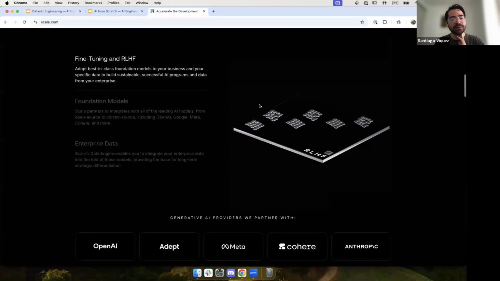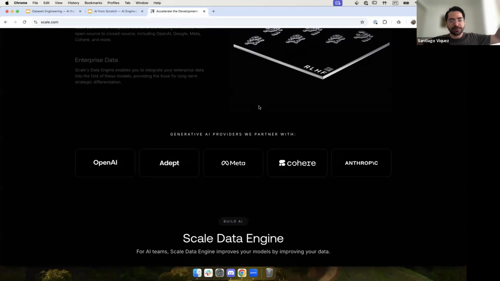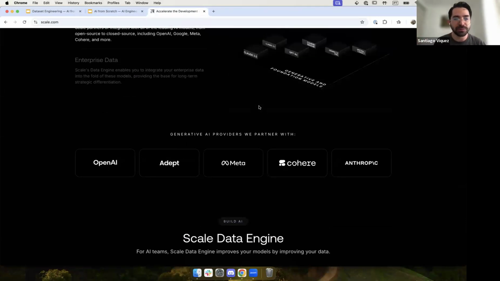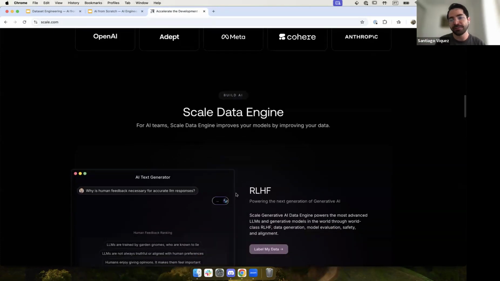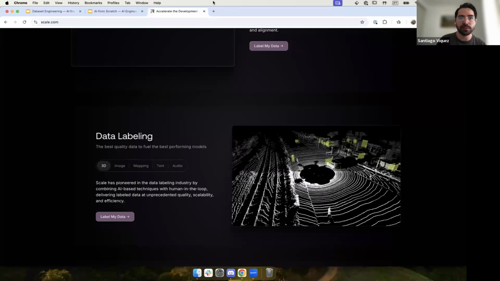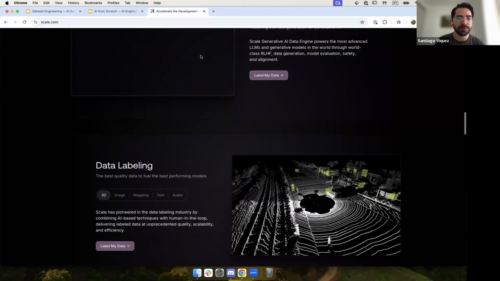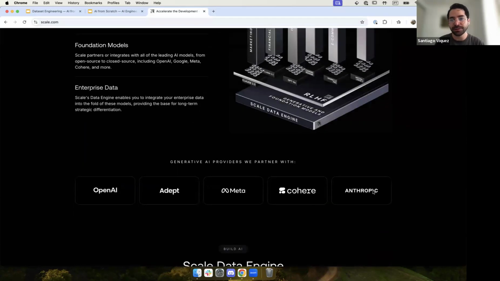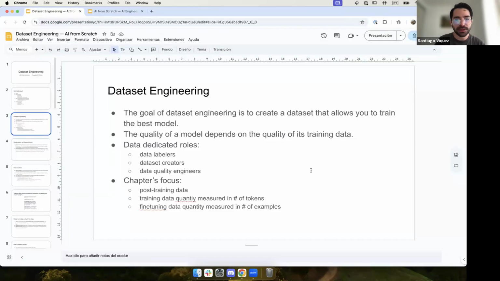They can gather a bunch of prompts and instructions, and they have people labeling them. It's one of the most popular services for training OpenAI models, Cohere, Anthropic, everything basically. So yeah.